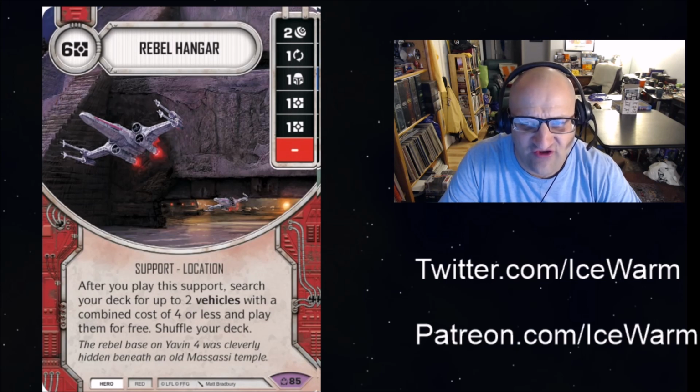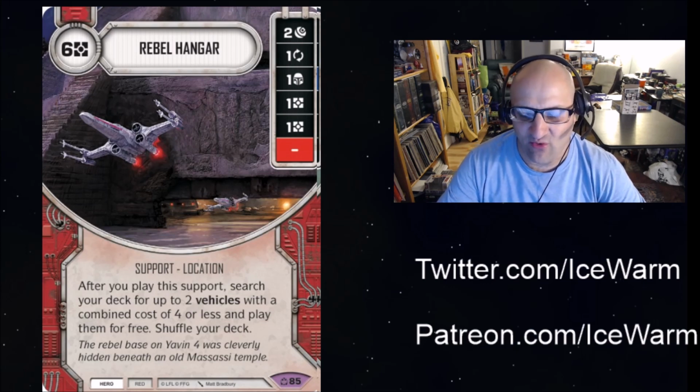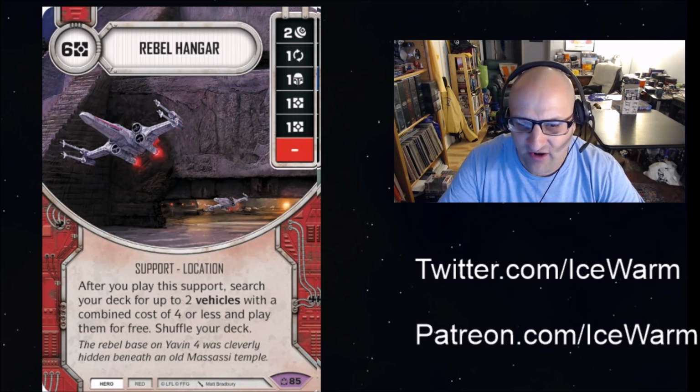So 6 resources, and I don't think the sides are particularly great. So we have one damage side, we have a focus, a few utility sides with shields and resources and stuff like that. The ability after you play it is interesting. It's not unique, so you can basically have multiple of these in play. I don't think you would ever get more than one out in a game though, with it costing 6 resources. But you can search your deck for 2 vehicles that cost 4 or less and play them for free and